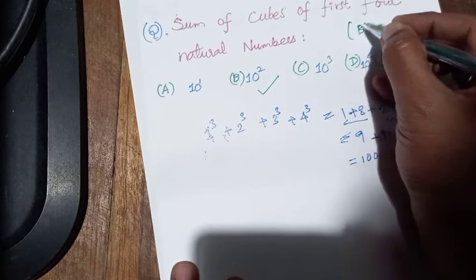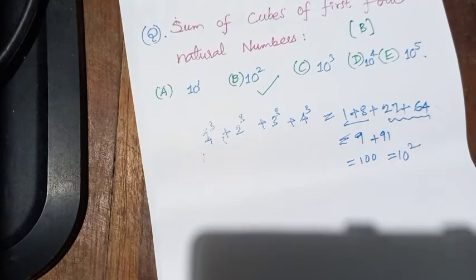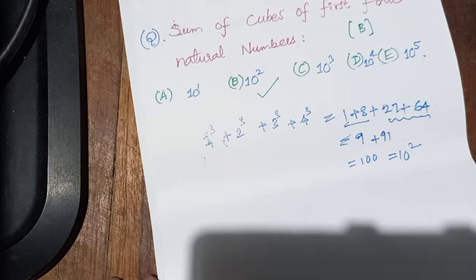So by the options, the solution for this is 10 square, option B. This is a routine method without applying the formula. So let us go through by applying the formula, which is very important for 9th, 10th and plus 2 standards and for various competitive examinations. Since it is only 4 numbers, you can cube and sum all the terms to get the answer. If it is more than 4 terms, or 10, 20 or 100 terms, then let us implement this formula.